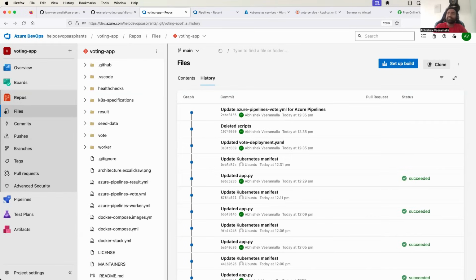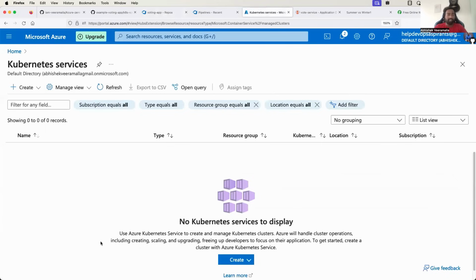Perfect. So now I have deleted the scripts, reverted all the changes related to continuous delivery in the Azure pipelines, and I have also deleted the Kubernetes service. So all the continuous delivery related configuration that I have done to just show you the demo preview is removed. And let's do all the configuration changes right from the scratch. So the first thing that we will do is